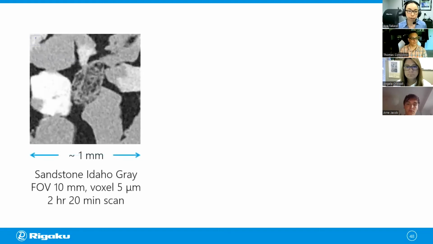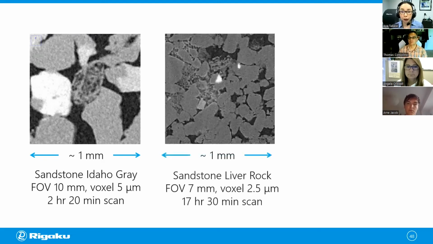Okay, so let me show you a couple of examples of CT scans, then we will switch to the lab camera and run some scans. So this is a sandstone Idaho gray CT scan. And this is a 10 millimeter field of view, 5 micron voxel size. It took about 2 hours to scan it. And this is a pretty good image. And you can see that this is very coarse sandstone. This is another sandstone, Leopard rock. This one is a little bit tighter, so you need a higher resolution, but you can easily analyze this one